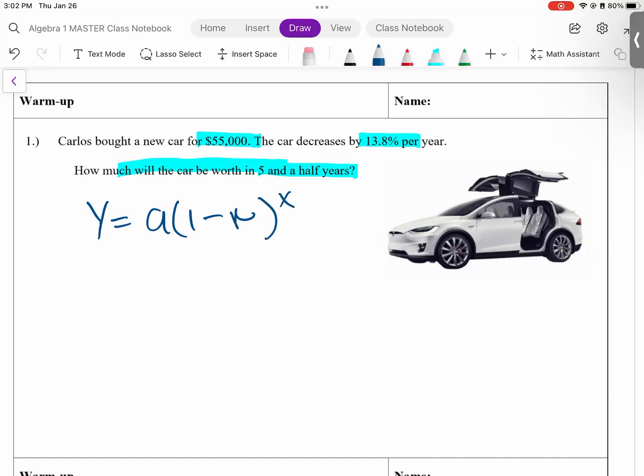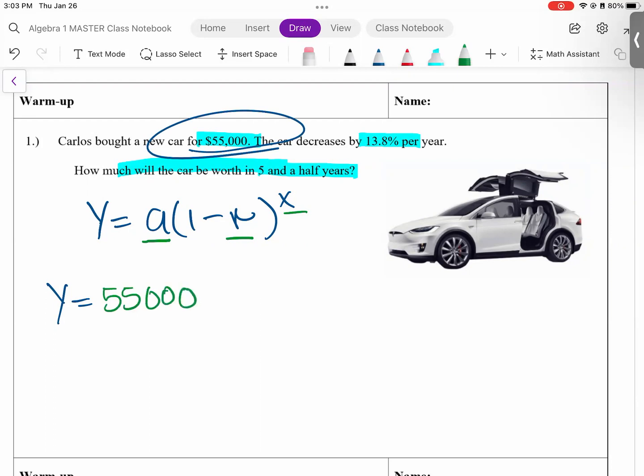All right. So, once we know the formula, let's go ahead and input the numbers that we need. We know we need to find A, the R, and the X value. So this is going to be Y equals A, which is our initial value, and in this case, that is $55,000. Then 1 minus, because it's losing value over time per year. And we know that that's going to be the rate, which is